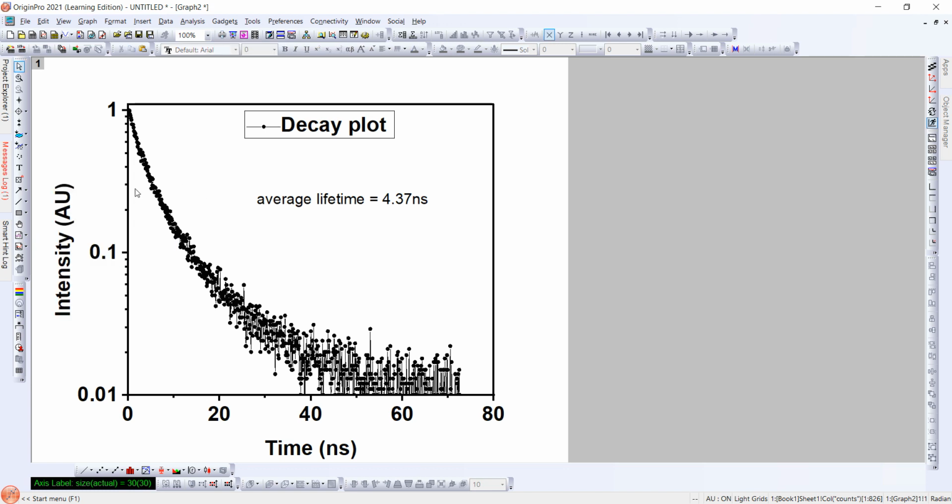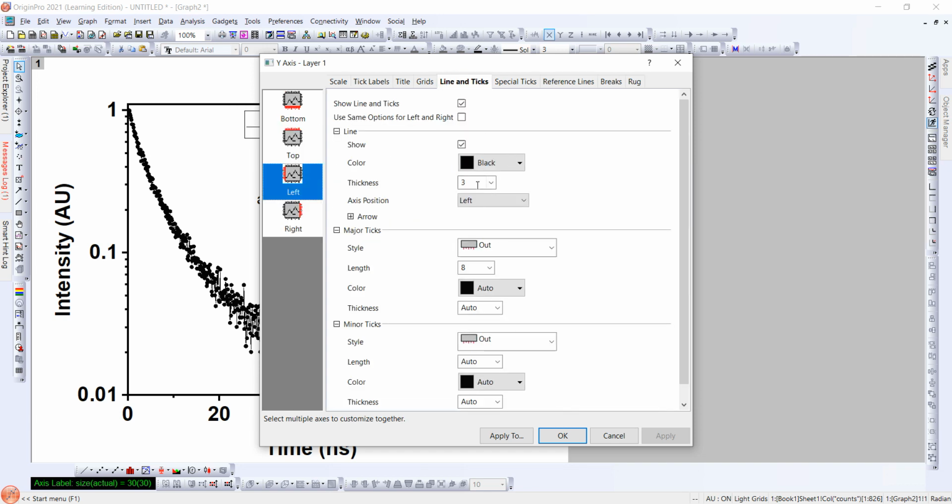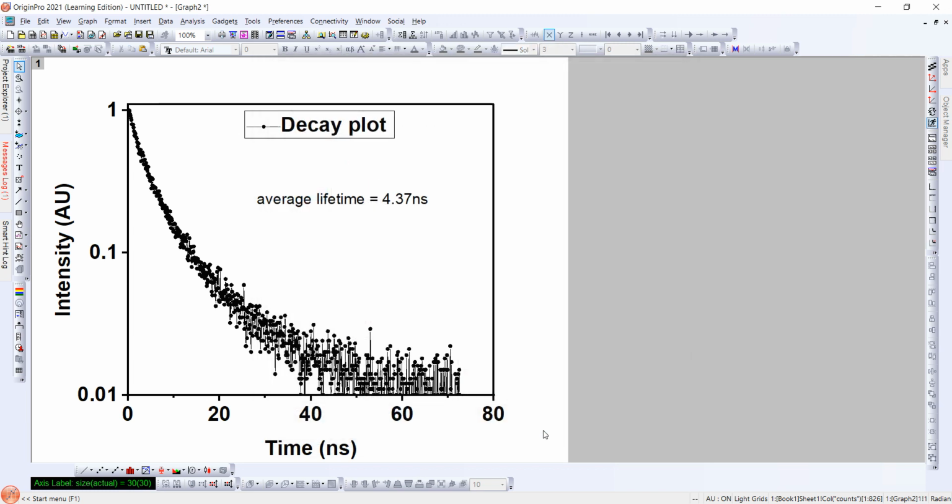One more thing you have to change, that this is a log scale, so the spacing is not the same because we converted it into a log scale. So we can remove these grids, these small ticks. So click on y-axis and go for lines and ticks. Major ticks not required to remove. Minor ticks, go minor ticks, none, and okay. Finally we got our data, and whose lifetime is